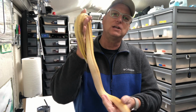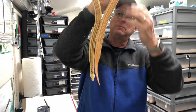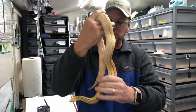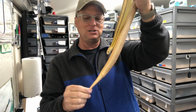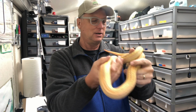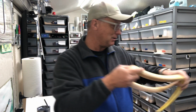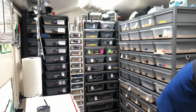The other interesting thing about Tiny is her stripes run all the way down her back. Most San Diego Gopher stripes kind of end in the top third to half of their body and then kind of blend in. But she has stripes that run all the way down. So I'm interested to see what kind of babies she produces. I think she's going to produce babies this year. This will be the first year of breeding her. But she also is a very beautiful, colorful animal. Striped Clumpers albino also. Then let me show you a female that I held on to that